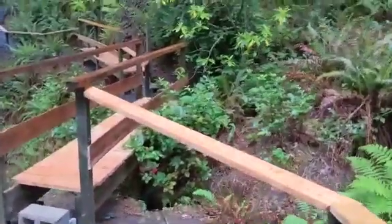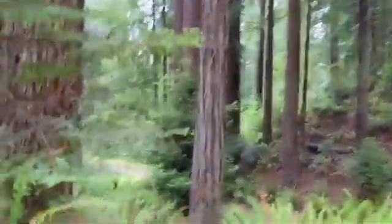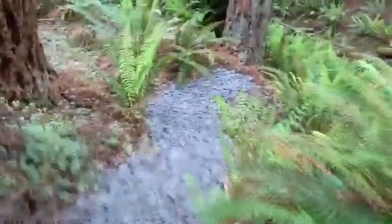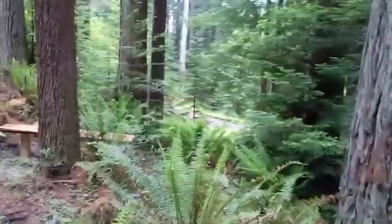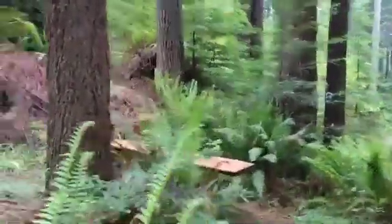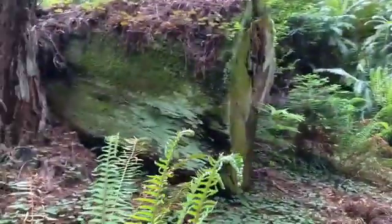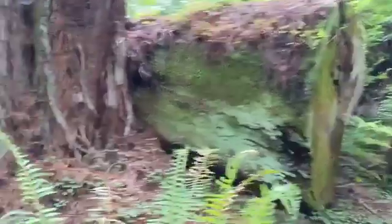You can hear we're coming upon this, have a little cut off on the trail here. The side trail comes down to this really nice bench that sits in front of this big, beautiful, about 8 foot tall or 8 foot wide old growth redwood log, and overlooks our creek. We'll go back up here on